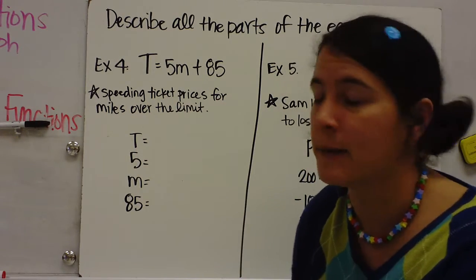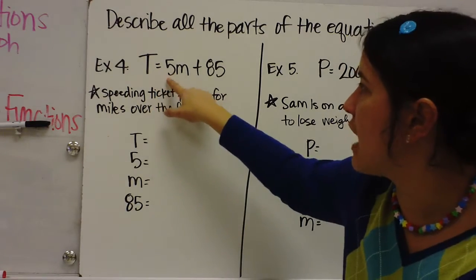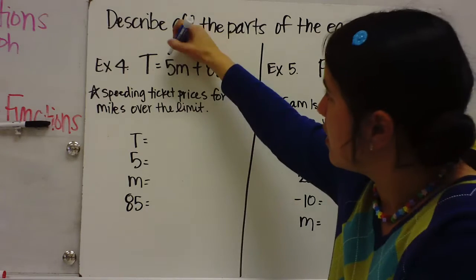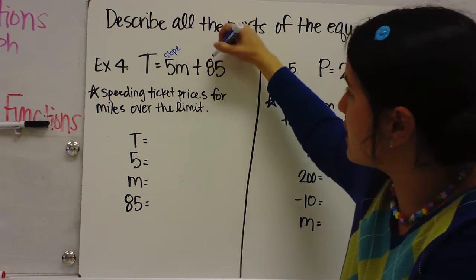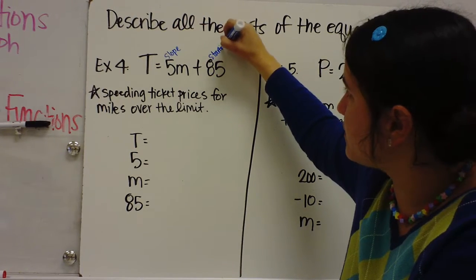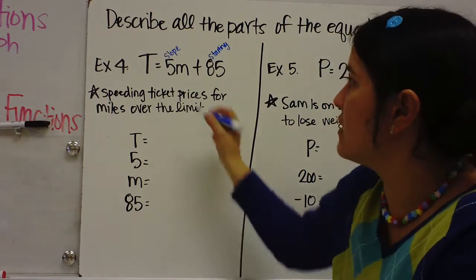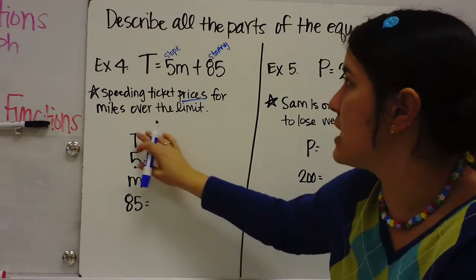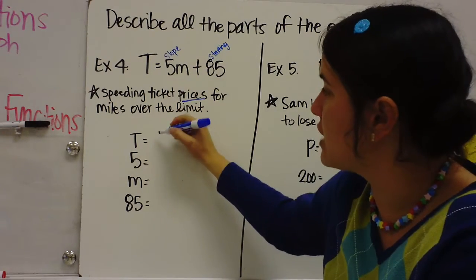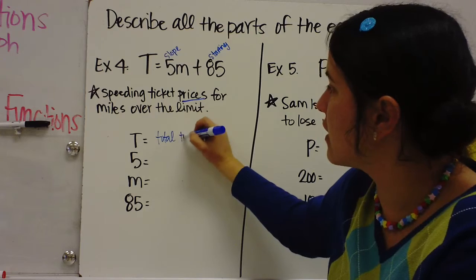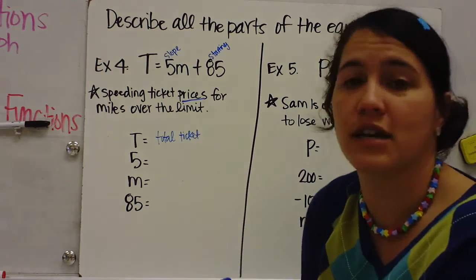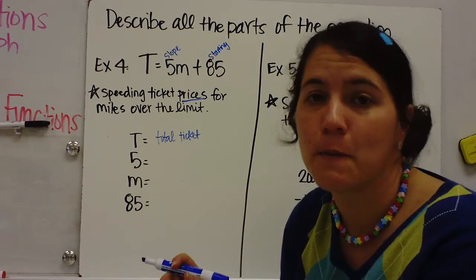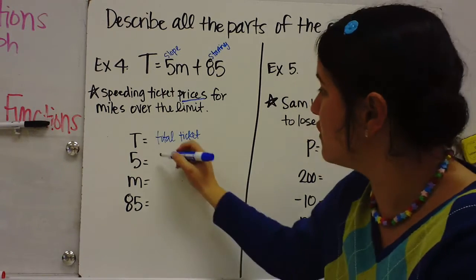Speeding ticket prices. So we have capital T, 5, M, and 85. Well, we know that this is the slope. And we know that this is the starting amount. And because it says prices, we know that we're talking about money. So the ticket price, the total T, that means the total ticket price. The 5, that's the slope, so that means it's the rate of change. $5